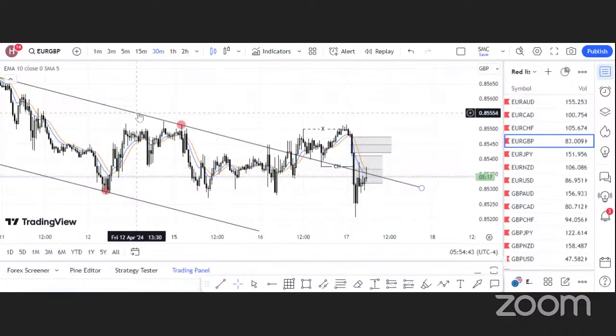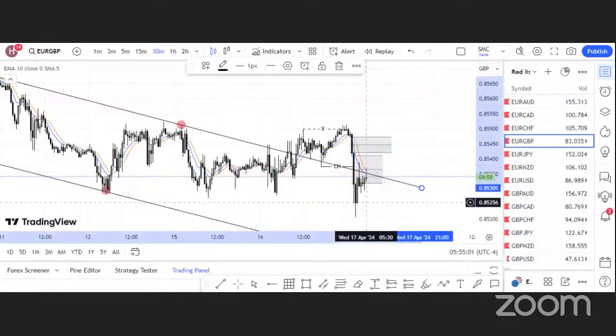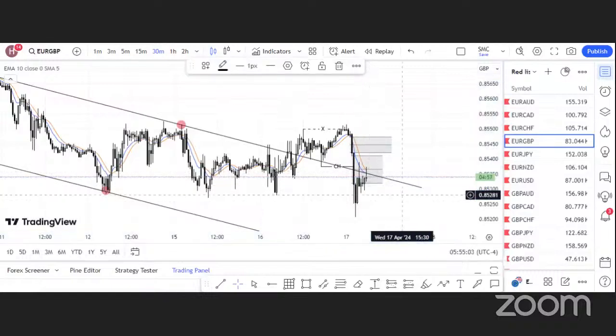Then we also have our trend line level, and the market broke the trend line level and now it's retesting the trend line. Okay, so for this I have enough reason to say the market may not come back to this level. The market can decide to continue to sell right from here. Okay,